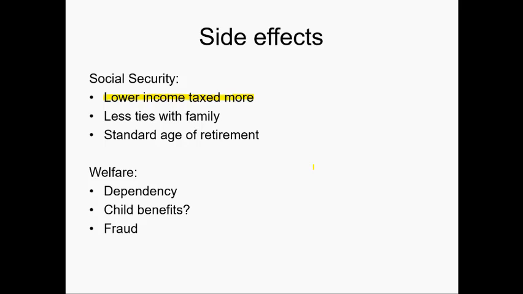We also see that Social Security systems, which are fairly common and standard throughout modern democracies, promote less ties with family, whereas before families were more obligated to take care of their elderly family members, and now there's more of a separation there. Again, that's an effect of changing and shifting norms more so than anything else, as well as the incentives for elderly people to live on their own.